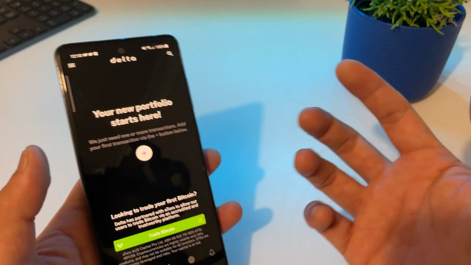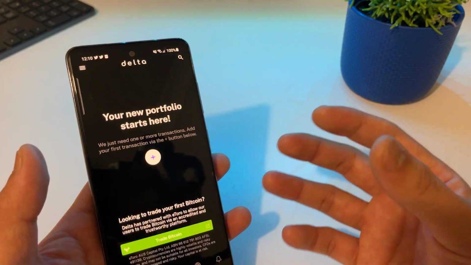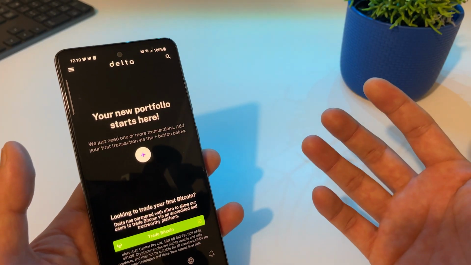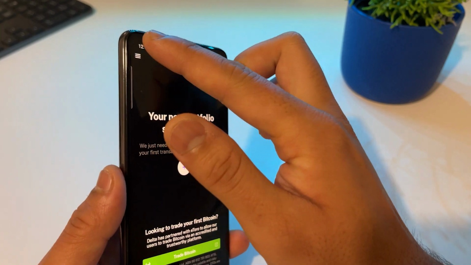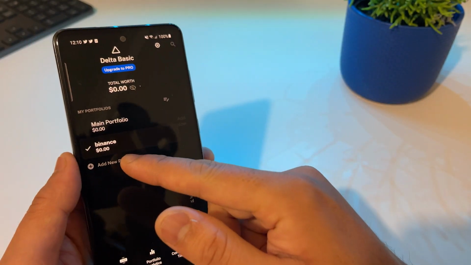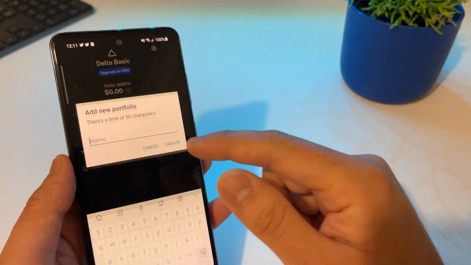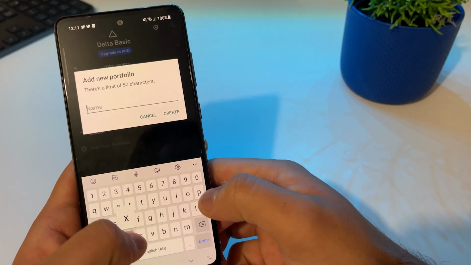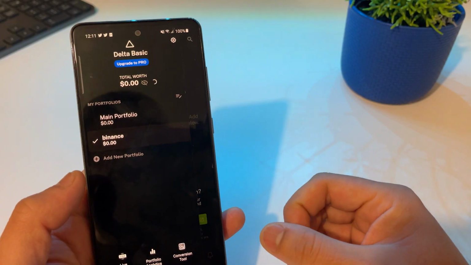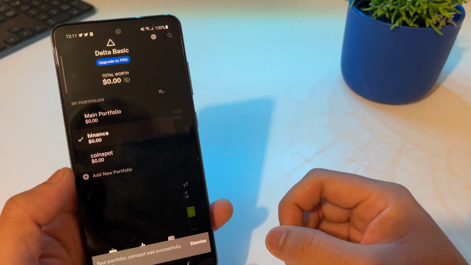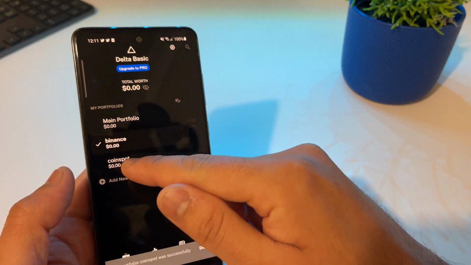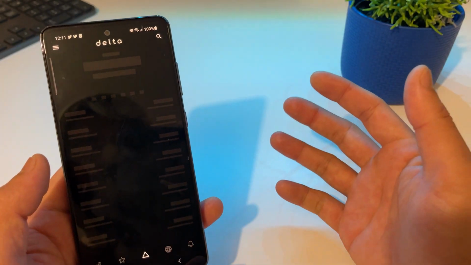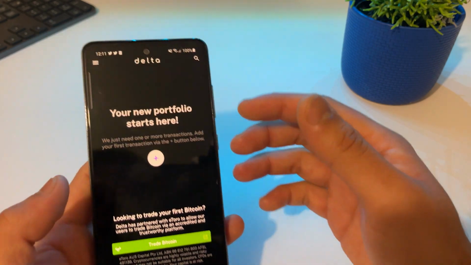Now you want to create another portfolio or another place where you want to track your CoinSpot accounts. Okay, so what you do is tap here and tap on add new portfolio and name it CoinSpot, create. And once that's created, you tap on CoinSpot and it will take you to your CoinSpot portfolio.